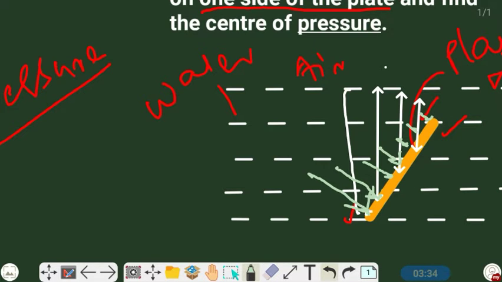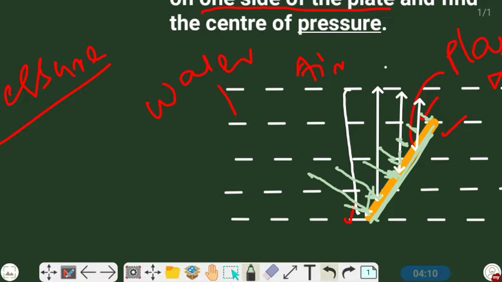So you cannot directly find the force. There is a method, a derivation, in which a small portion is taken, we find the pressure on that section, then find the force on that section, and then integrate over the whole plate. From that derivation we get some results, and we can use that result for any flat surface. So let's first look at that result, then we will use it in the given question.